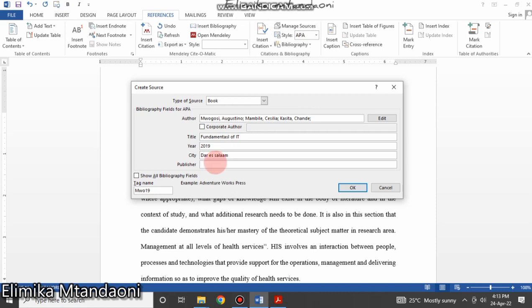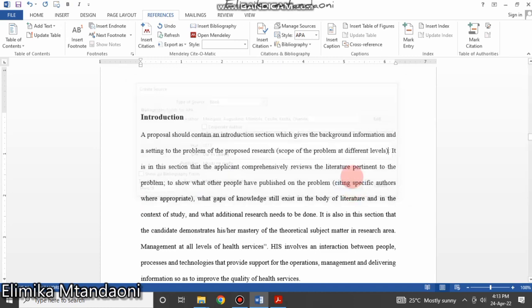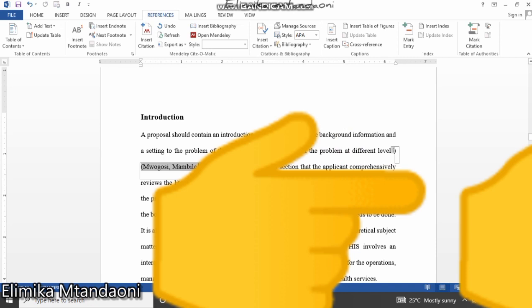And the publisher is Mkuki na Nyota. So that's the publisher. Mkuki na Nyota. So you say okay. If you say okay here, you will put what we call